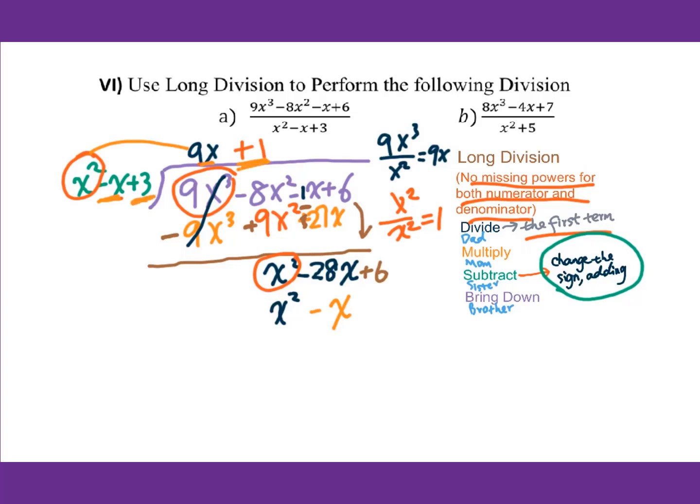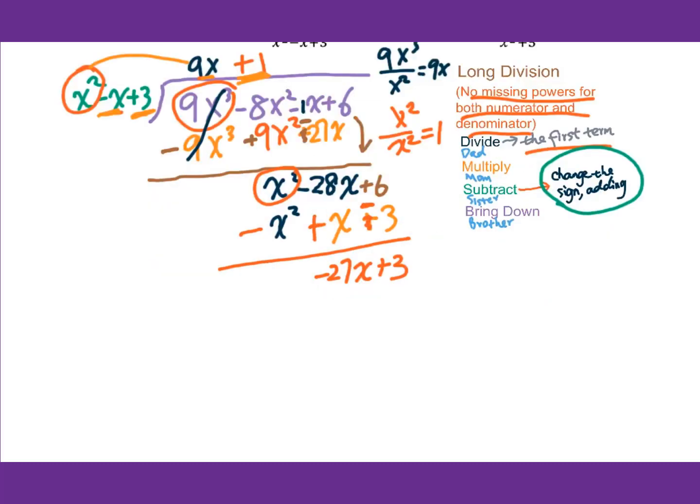Positive 3 times positive 1, that is positive 3. So change sign adding. You will get negative 27x plus 3. Therefore, we can write down the solution as 9x plus 1 plus negative 27x plus 3 over